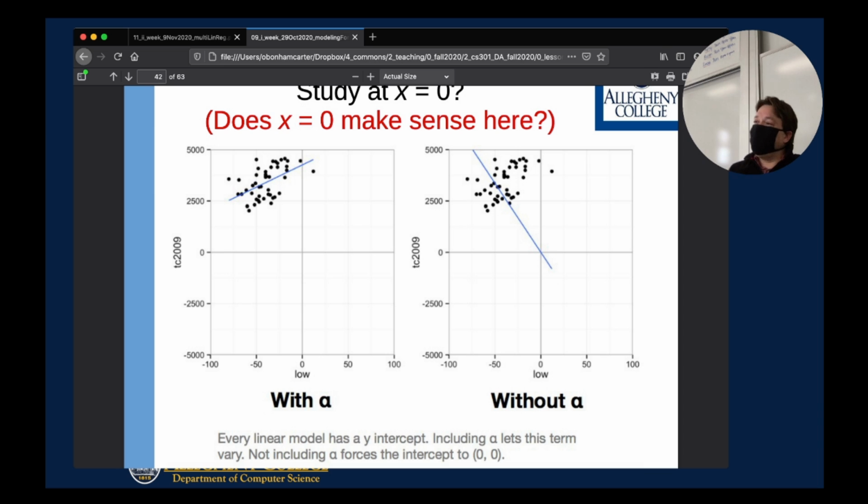Yes, sir? I guess when we have to look at whether the weighted line touches the y-axis, what do we think it looks like? I would say, so the question is, what am I looking at to work out which model to pick? I tend to be more of a visual person, and so what I'm doing is I'm looking to see